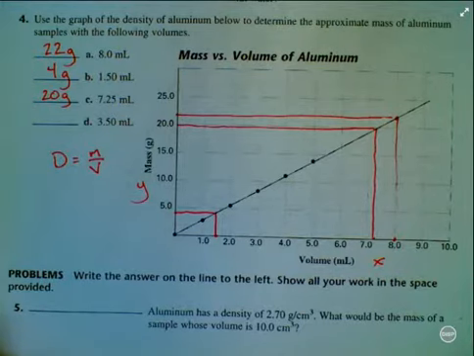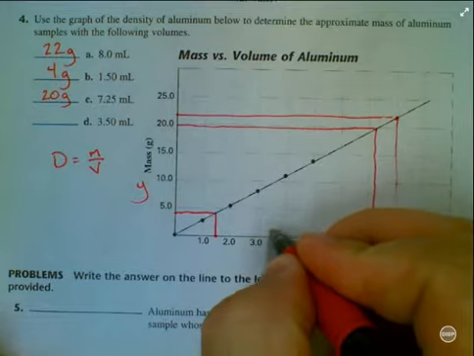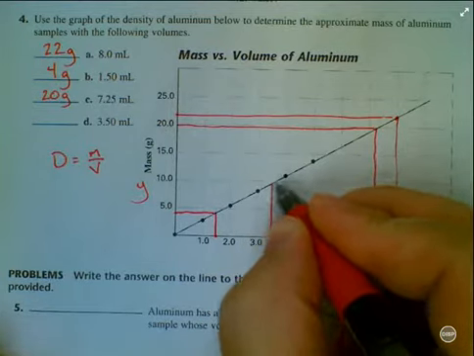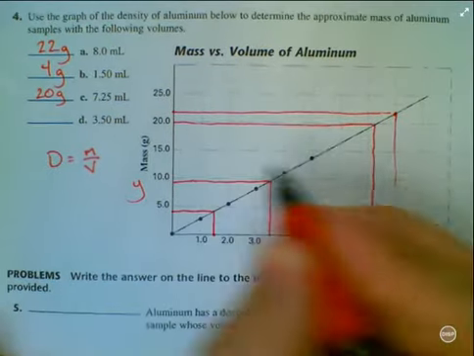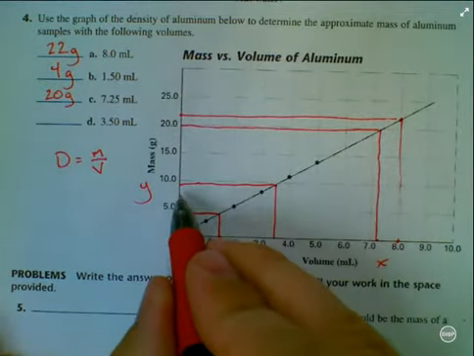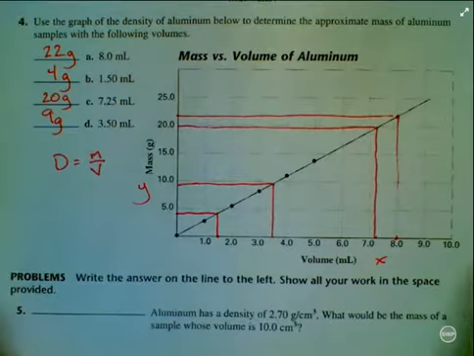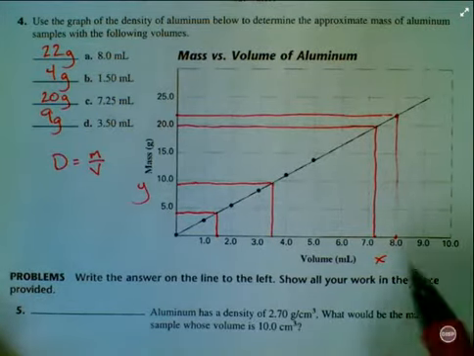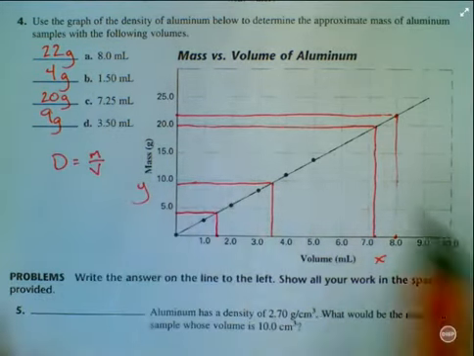Last one is 3.5 milliliters. 3.5, halfway between 3 and 4. Up to the line. All right, so that ends up being a little bit below the 10.0 mark, so I'll go ahead and estimate that is 9 grams. So what we've done here is simply taking an x value, a value for the x-axis,